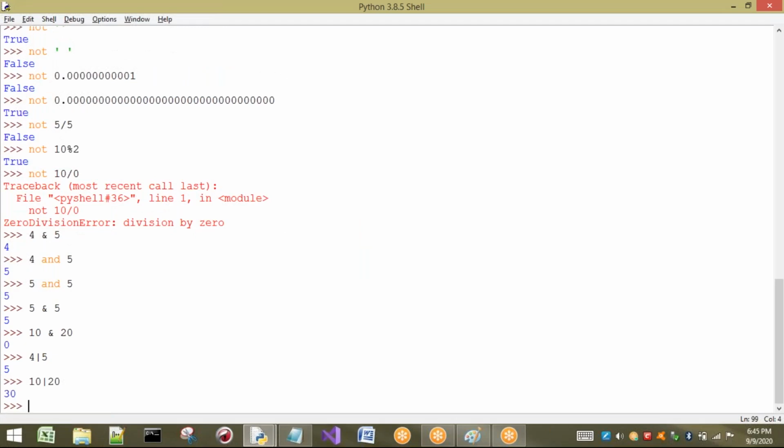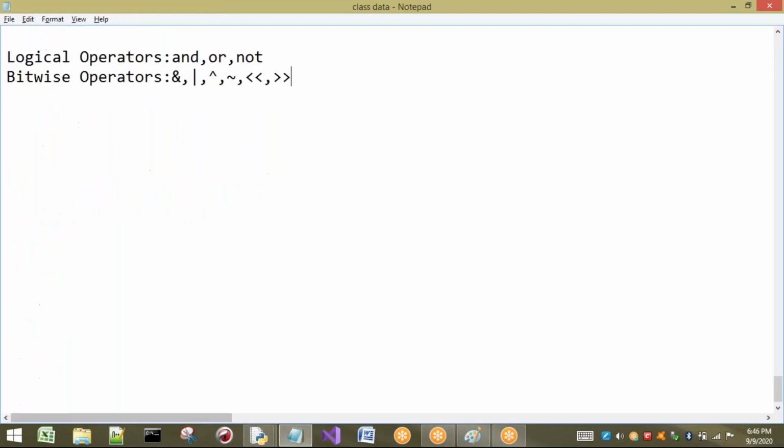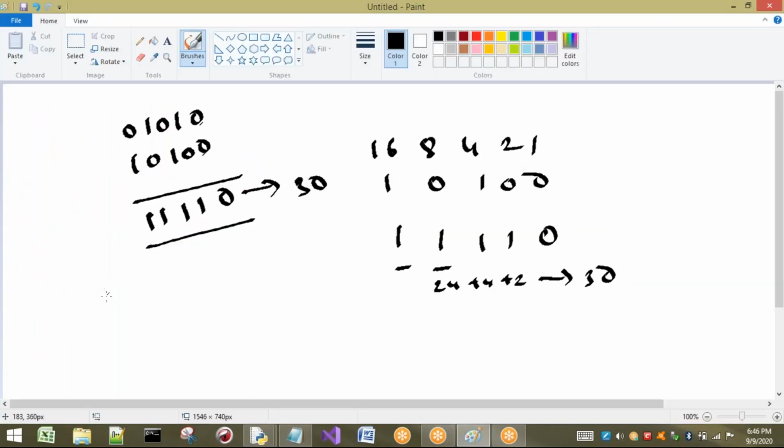Okay, right. So this is the OR operation, the OR operator. Now XOR. Okay, the XOR operator. I will show you 20 XOR 10. What is the answer? 30 only. Again, it is showing 30. Let us see. I have taken the same example here. Just the same values I will write here: 0 1 0 1 0 and 1 0 1 0 0. What is the rule of XOR? Only if both are different values do we get 1. Both are different, 1. Both are different, 1. Both are different, 1. Both are same, 0.